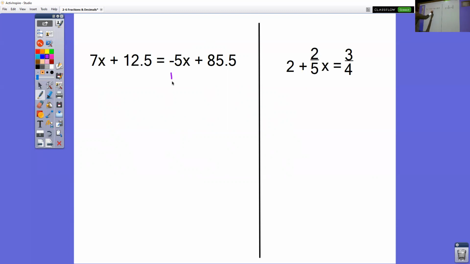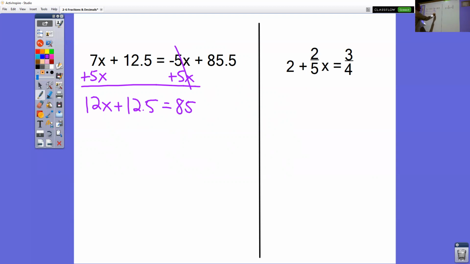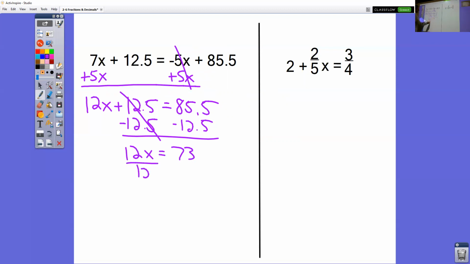In this first one, we have letters on both sides of the equal sign. I like working with the smaller of the two letters first, so I would get rid of that negative 5x by adding 5x to both sides. So now I have 12x plus 12.5 equals 85.5. Just a two-step equation now. Minus 12.5, minus 12.5. So 12x equals 73. Divide by 12, divide by 12. X equals, again, be very, very careful,